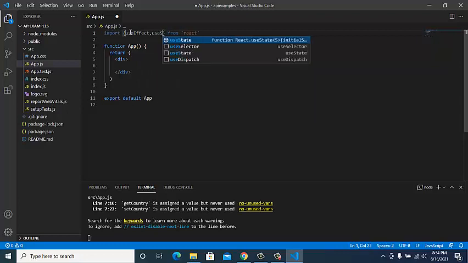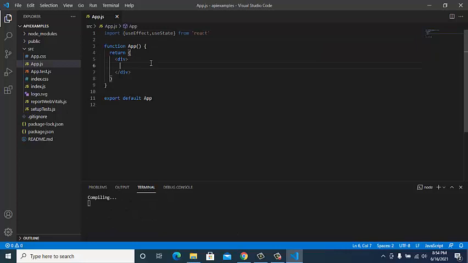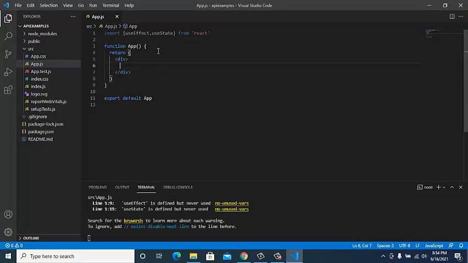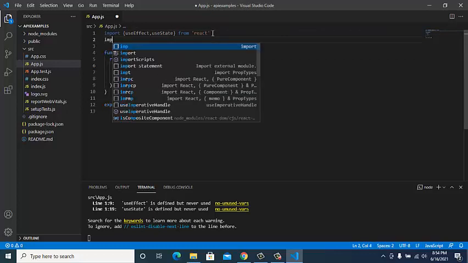You might be wondering why I have removed React. After version 17, it's not necessary to import React from the React library because it's automatically imported. You don't need to import it. Then we'll import Axios.